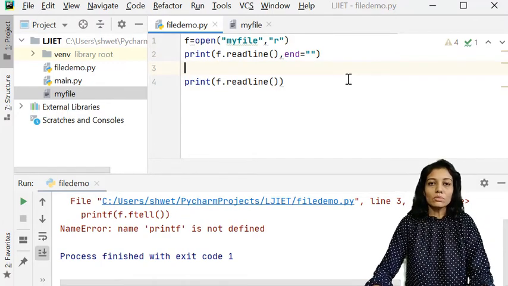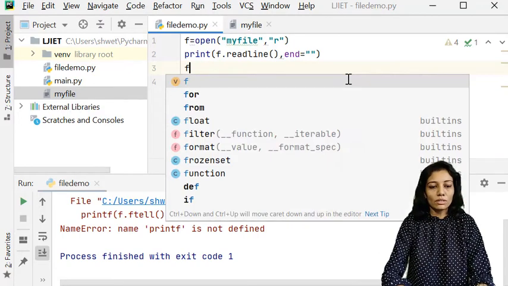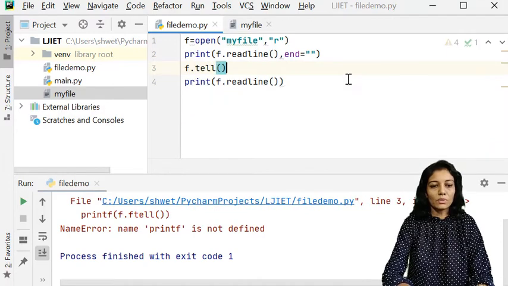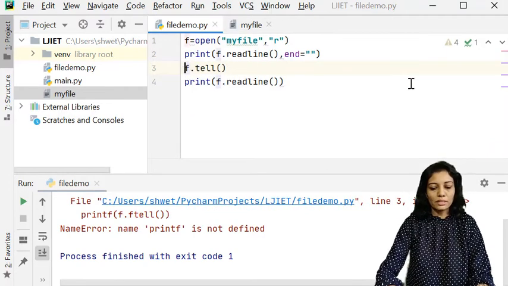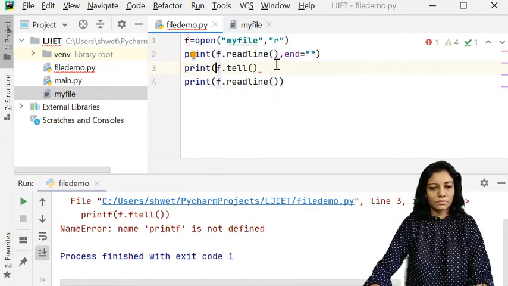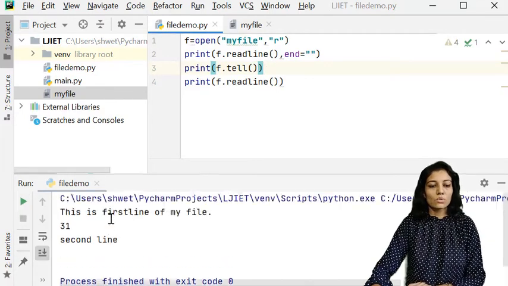If we want to understand what the current position is, f.tell function will let you know the current position of the pointer. So let us print this. Yes, it is 31.